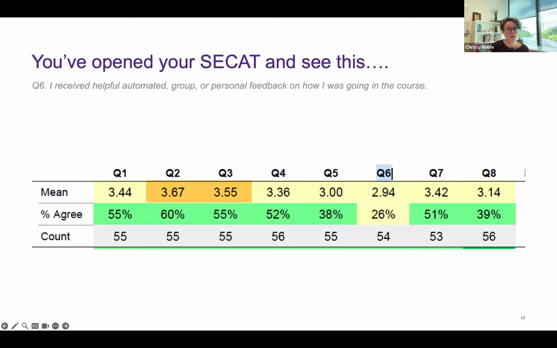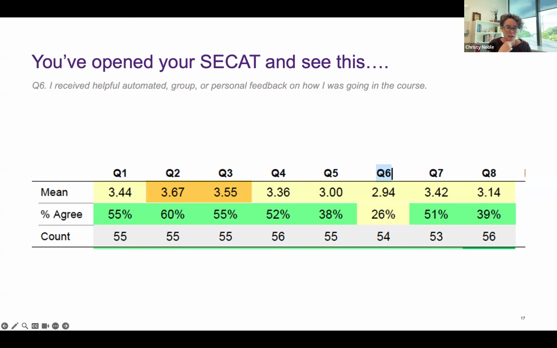So let's come back to the example I shared with you, where you've opened your SECaT, and I get us to hone in on question 6. Unsurprisingly, this question 6 relates to feedback. So you can see from the SECaT here, there's certainly indicated that there's opportunities to enhance the feedback.